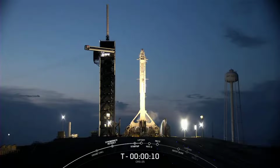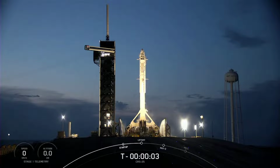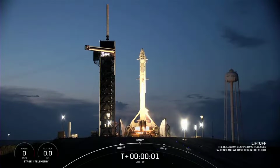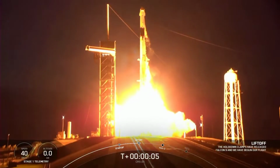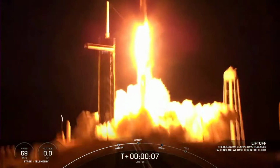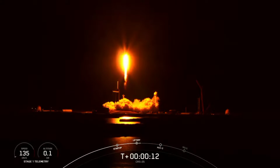10, 9, 8, 7, 6, 5, 4, 3, 2, 1. Engine ignition. And liftoff. Liftoff of SpaceX's Falcon 9 rocket, launching Dragon on the 25th mission to resupply the International Space Station